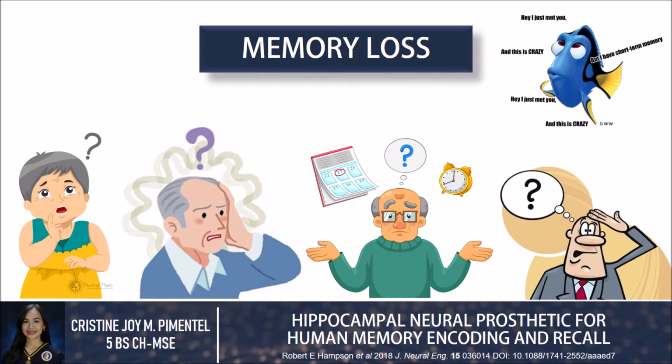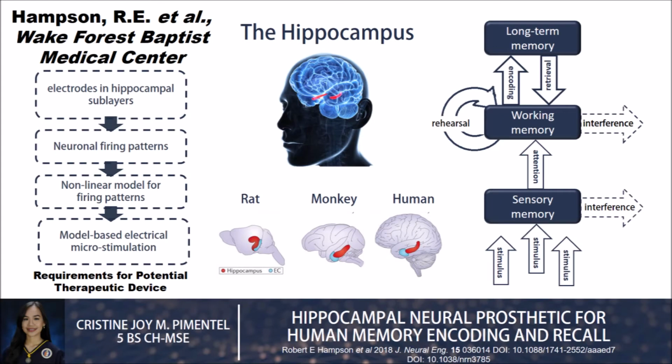Look at all these people getting anxious about not remembering. Aging is inevitable, and eventually, we all will lose our memory. The hippocampus in the mammalian brain is responsible for the encoding of current and the retention of past experience. Previous studies have shown that the hippocampus contains neurons that encode information required to perform spatial and non-spatial short-term memory